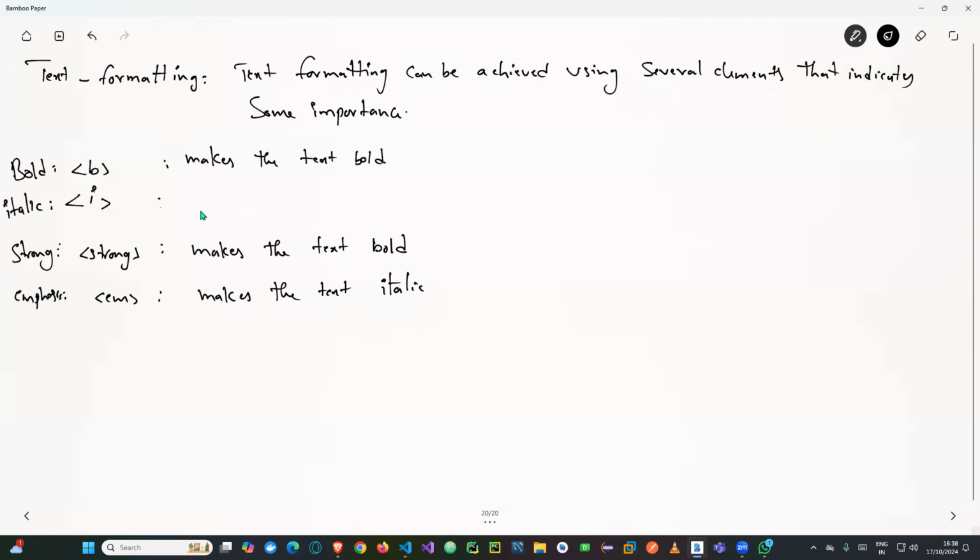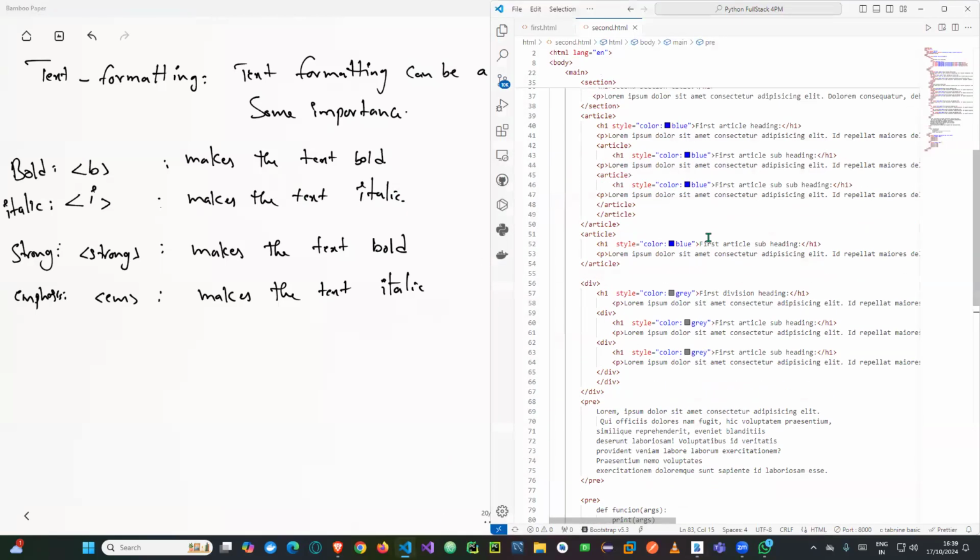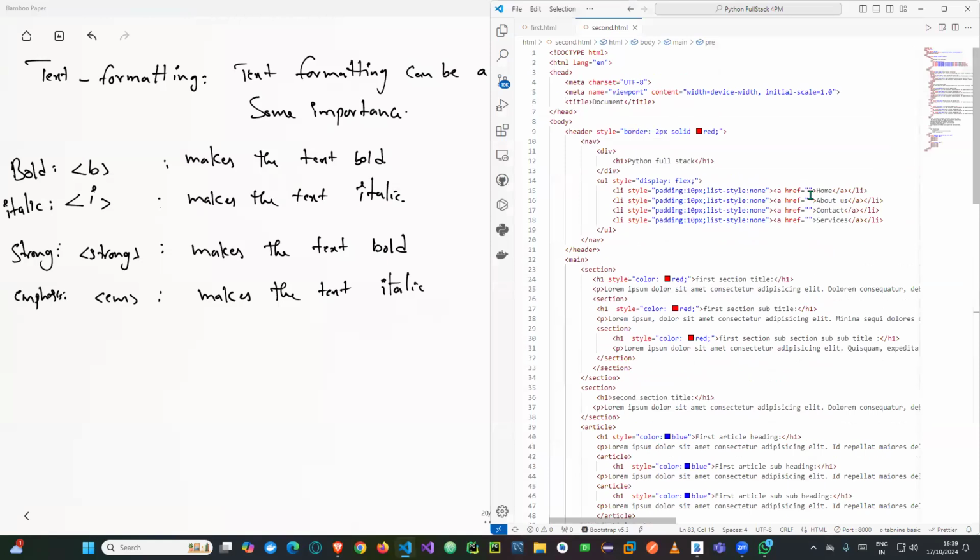Bold means a strong format, like strong font, not font, but the size of the letters will be different, a little higher. Italic makes the text italic. Okay. So if we use it from the first,